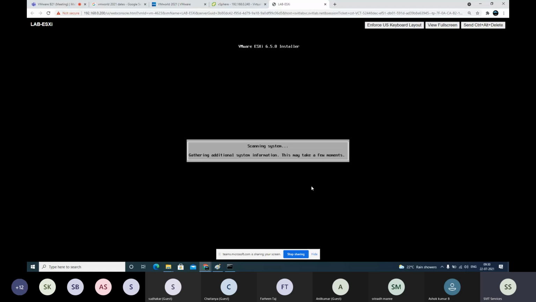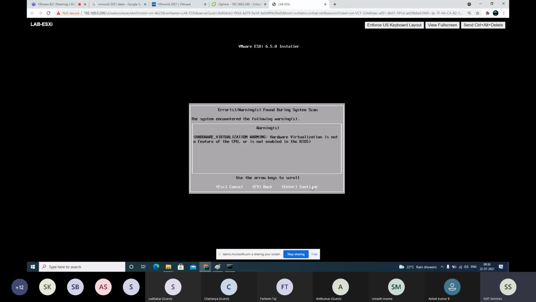But you must remember whatever password you enter now. If you forget, there is no other way. Whatever we have done till now, you have to do it again. Officially, there is no way to reset that password. It's one of the common interview questions as well: I forgot my ESXi root password, how will you reset it? There is no official method. You have to format and install a fresh copy again. But there is an alternate method. I'll let you know that later.